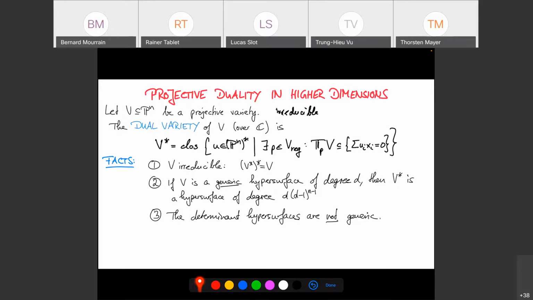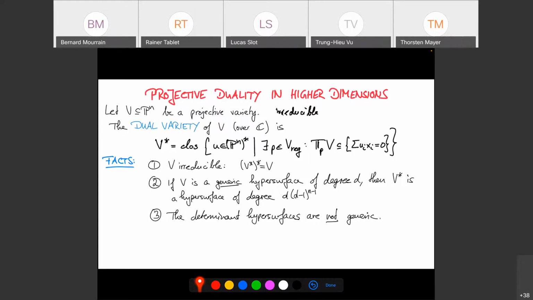And similarly for curves, in the most generic cases, some things are known. If V is a generic hypersurface, so if it's defined by just one polynomial that you pick at random, then we know the degree. The dual thing will also be a hypersurface. It's in fact the image of the Gauss map. And its degree is going to be analogous to the case of curves. It will only depend on the degree of the polynomial that you sampled, and it's going to be d times (d minus 1) to the n minus 1. So for n equals 2, we recover the formula that we saw for a curve.